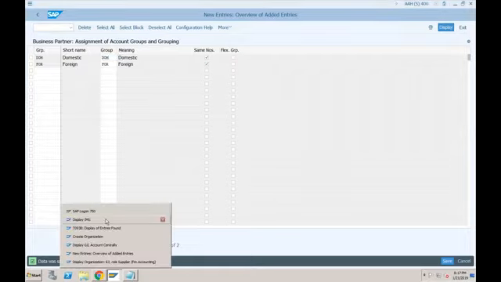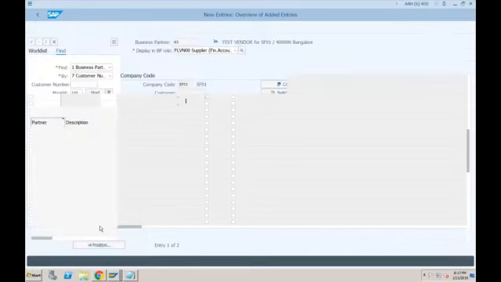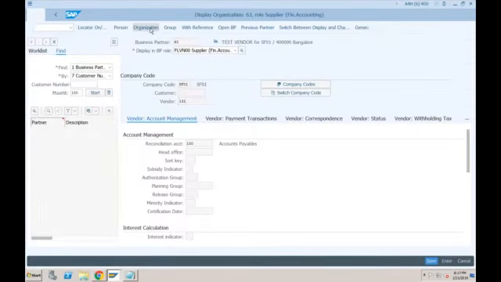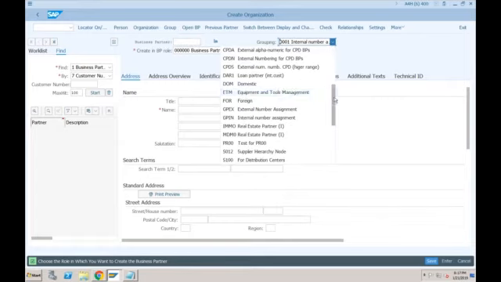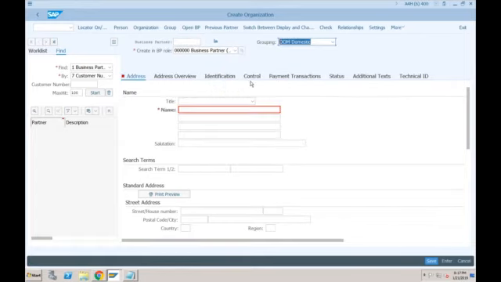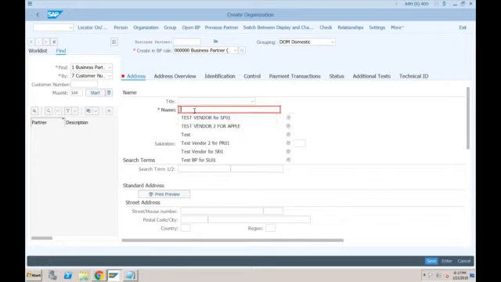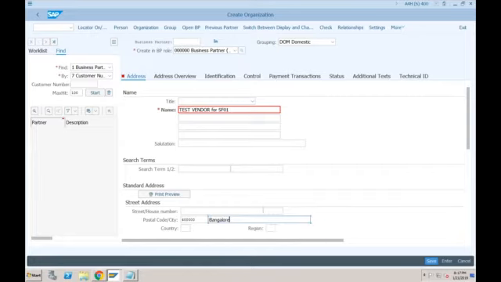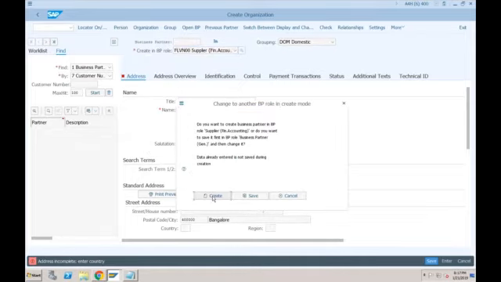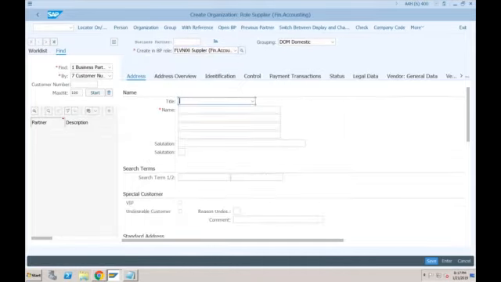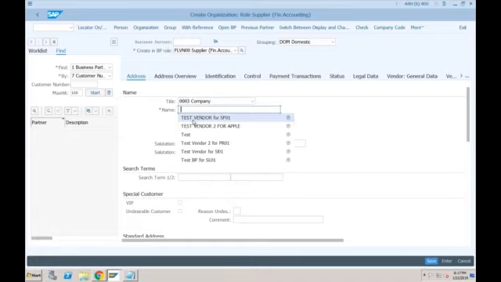And next time when you try to create a vendor, okay, let's click on organization to create a new vendor. I will select the grouping as DOM, domestic. Okay, I have to specify this details, mandatory details. Yeah, sorry, very importantly, first you select role. Yes, role is very important. So let's select the role. You will get this message. Just click on create. So company, this would be name.